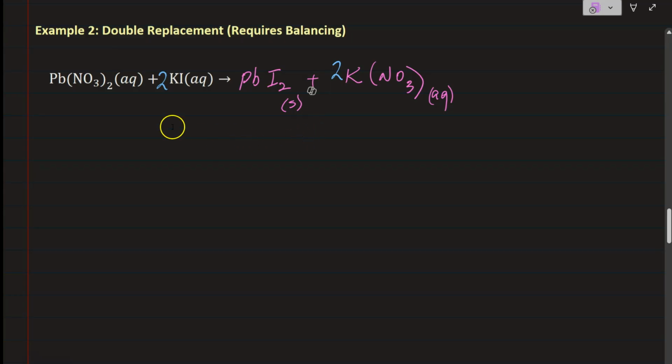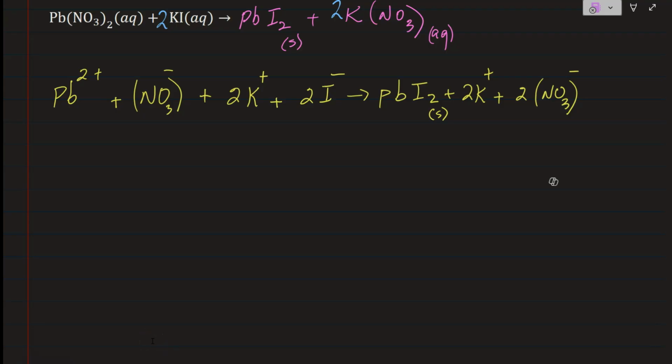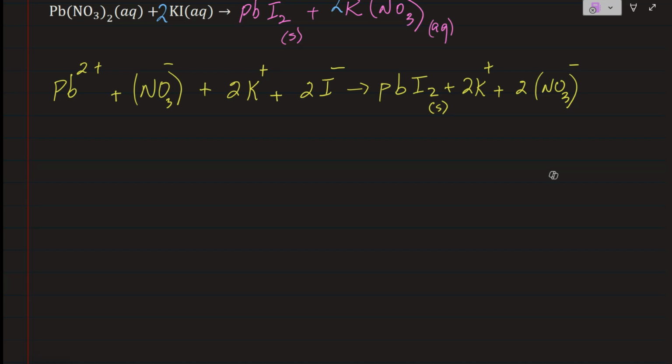Okay, so now we have to change each of these aqueous compounds into the ionic form, except the solid, and then rewrite. Let's go ahead and do that. And this is what you will get. Make sure that it is balanced as well. Everything is balanced on this side. On the left hand side, I have to include the 2 in front because the top here you have NO3 2. So the nitrate has got 2 of them, and then the rest 2K plus and 2 iodine ions,